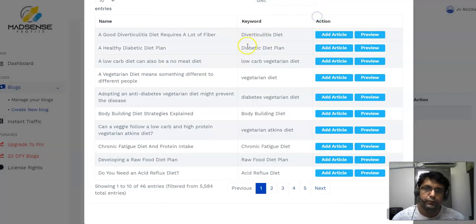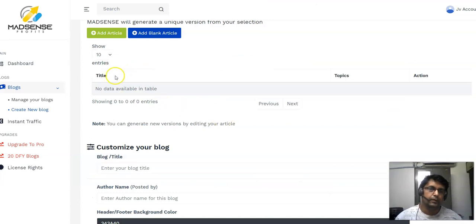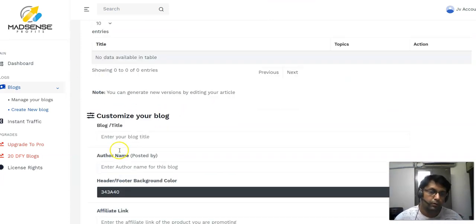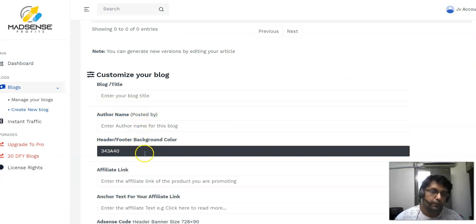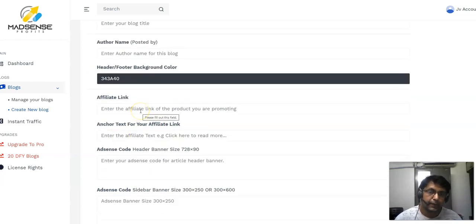If you like an article, you can click add to article, and then name the title of your blog, customize your blog, whatever header and footer you want, and what color you want. Now your affiliate link, that is the product link which you want to promote,